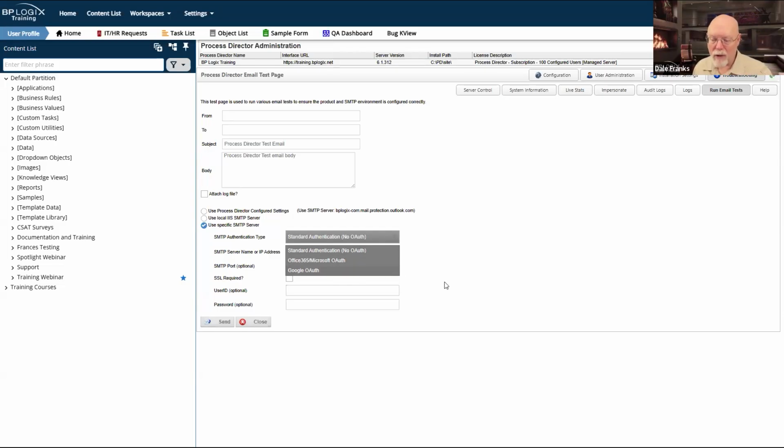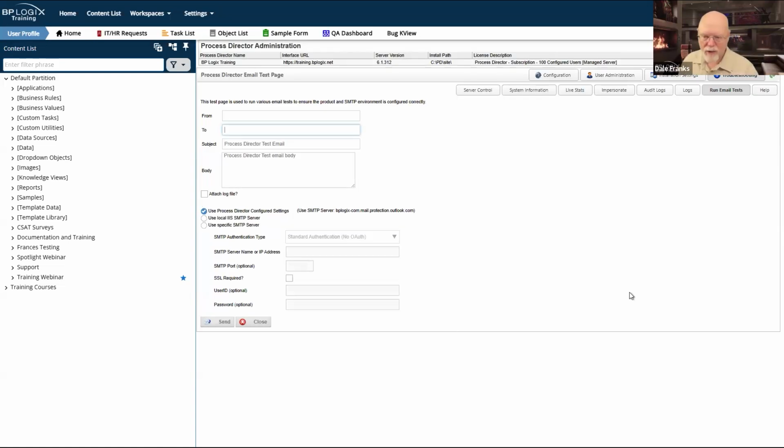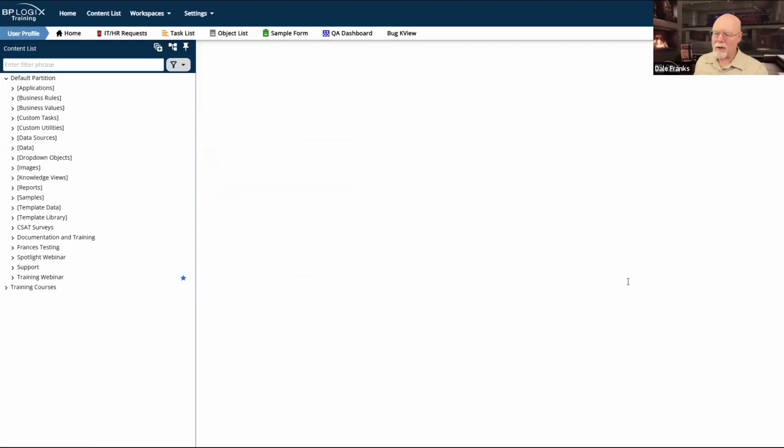But you can configure those servers independently and see if another server is working. Your first stop whenever you start getting email questions is to go here and see, okay, is my system sending emails? If yes, then our next stop is to go into the logs.